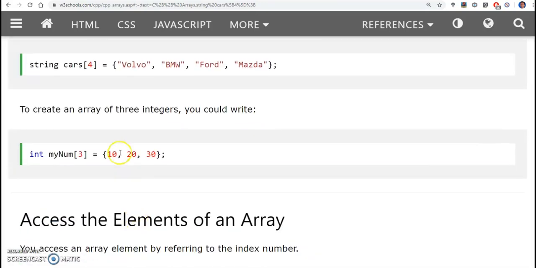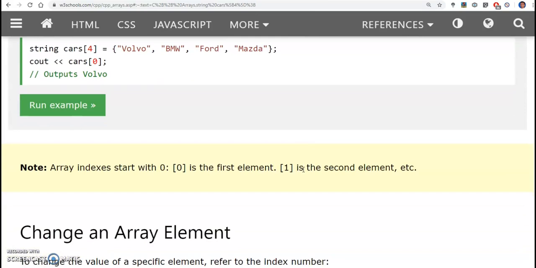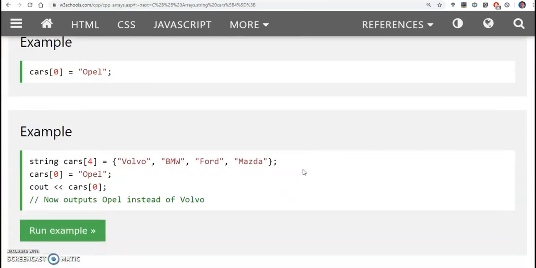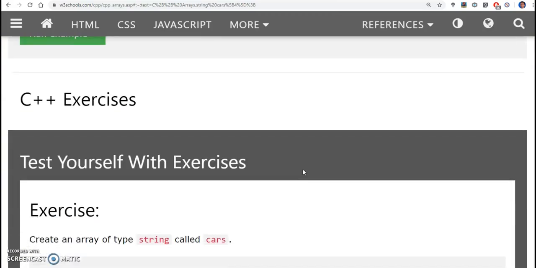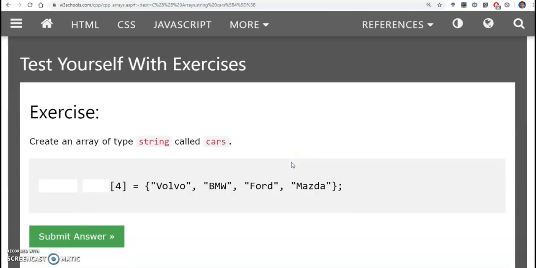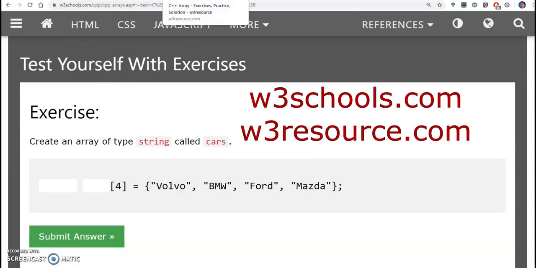You can also store numbers or integers. In this case, the array name is mynum, and you specify that it has 3 elements, and these are the values 10, 20 and 30. I let you go through an example and see how you can manipulate it, and how you can do things with arrays. But for me, it's not so much about a new topic, but rather a new way of using variables. You can read on the topic here at w3schools.com, or you can also go to